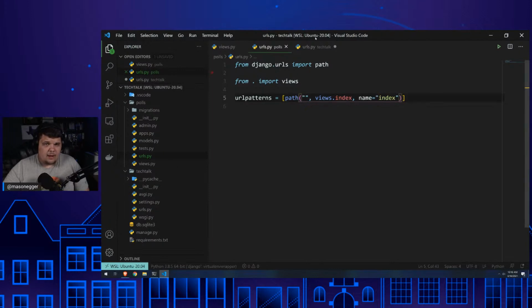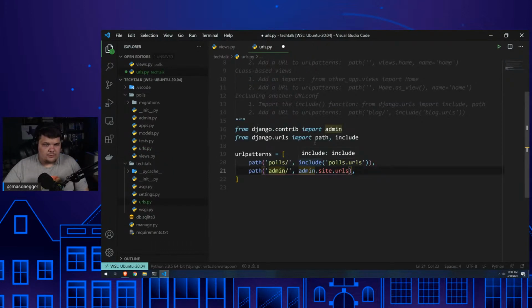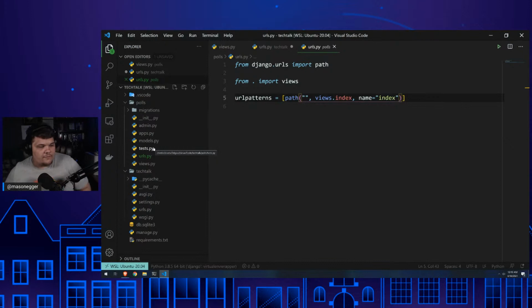Then we do views index, and now we went to our project settings, to their urls.py, and we're going to include polls. So we basically added the include library, and then we say at the path polls, include all of the URLs in polls. This is another one of the good things about